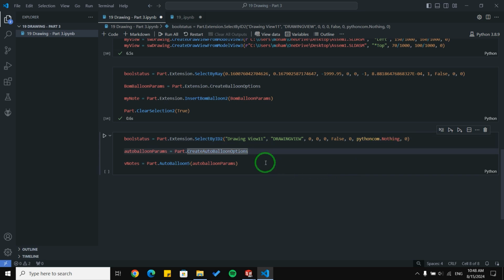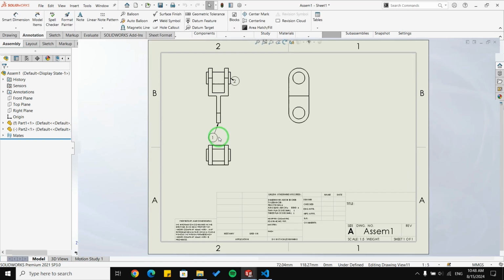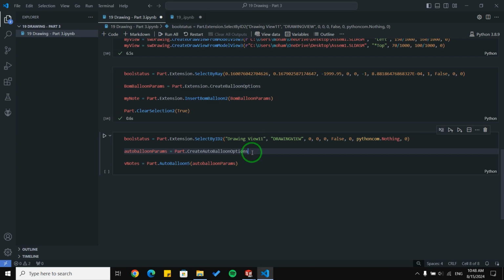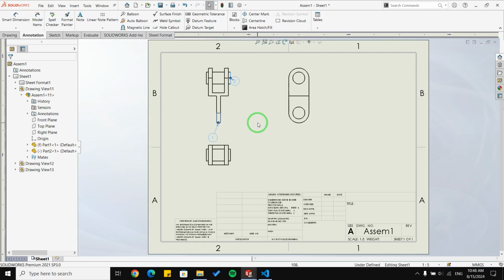And I like to delete parentheses here. Okay, let me delete balloons here, and let's run this block. And as you can see, we are now able to create auto balloons for any views we want.